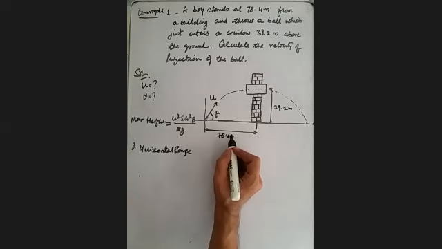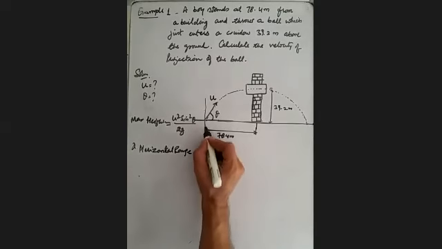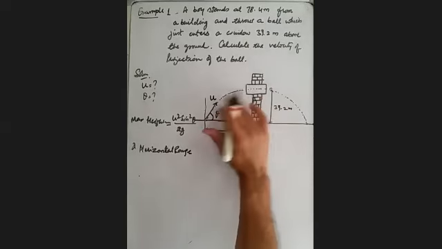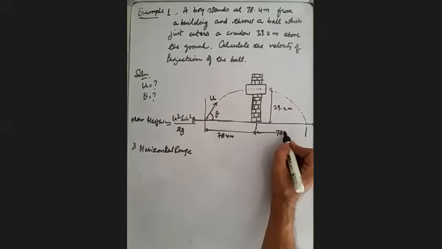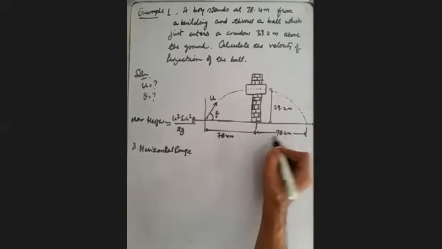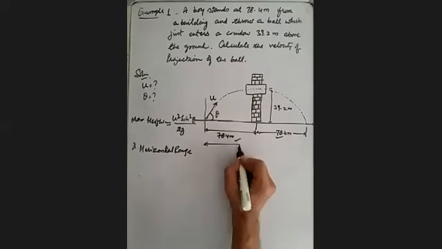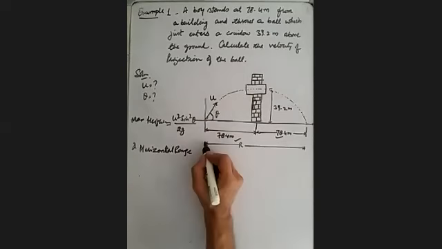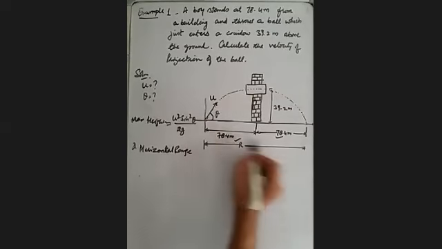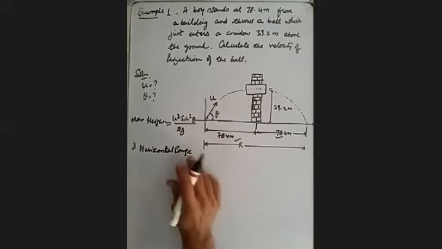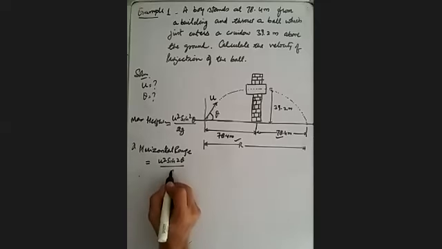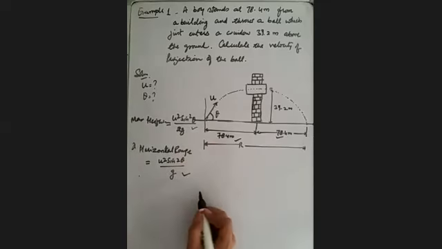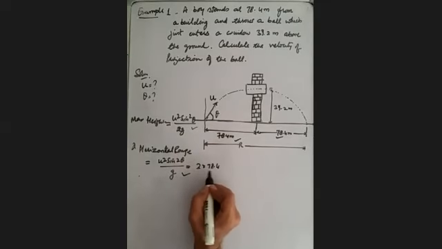Now for the horizontal range, this is the distance from the building from which he throws the ball. And we know the path is symmetrical on both sides, so the distance where it lands on the ground from the building is also the same. So the total distance is the horizontal range from the point of projection to the point where it touches the ground. Horizontal range is given by the expression u squared sine 2 theta divided by g. So we got these two expressions, and we know the value of this. It is 2 into 78.4 and we